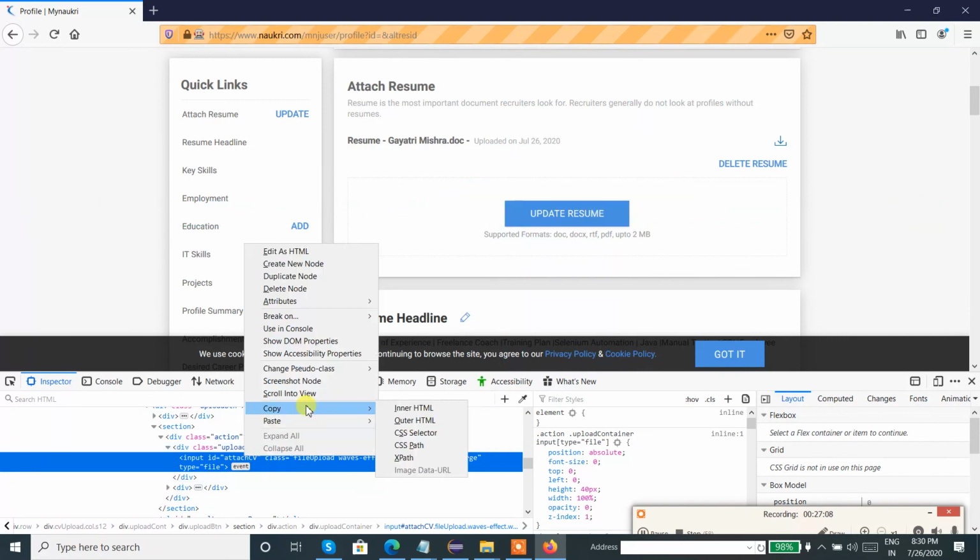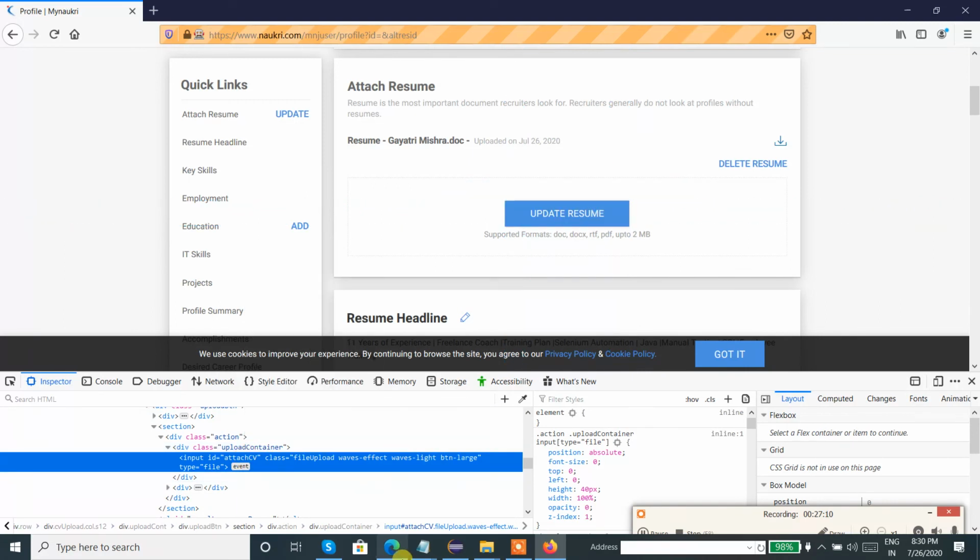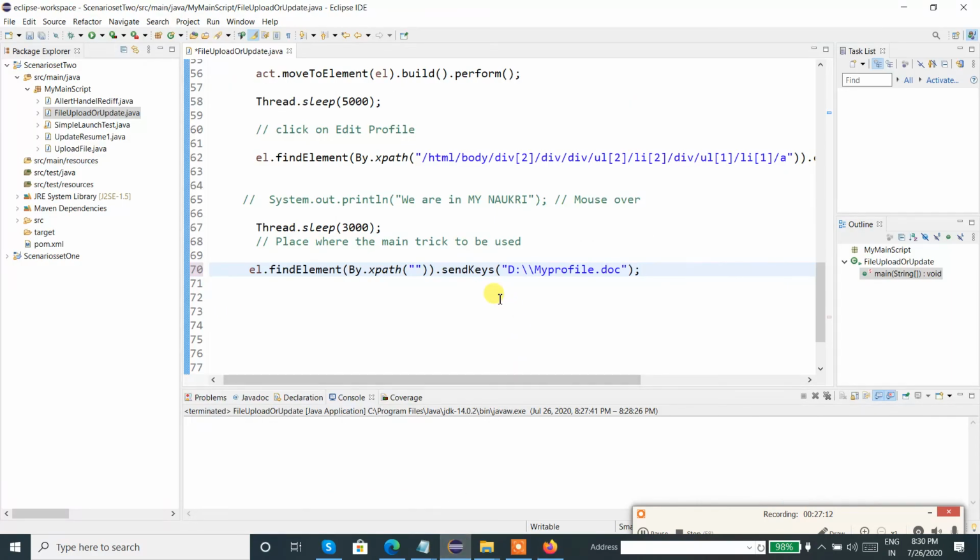Now I am copying the XPath again. Now I'll replace it with this. That's it. Let us hope for the best and re-execute the code.